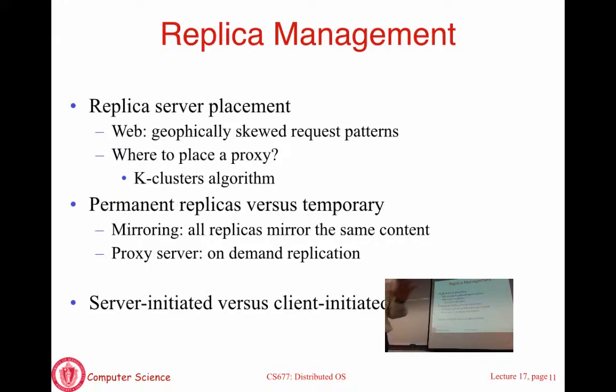You may also want to place replicas at different geographic locations if your users are spread across different geographic locations. One simple thing is you place one replica in each continent. You have users in Asia, you put a replica in Asia. You have users for your application in Europe, you put a replica in Europe. You have one in the US, you put one in North America. This allows you to also give lower latency to your users.